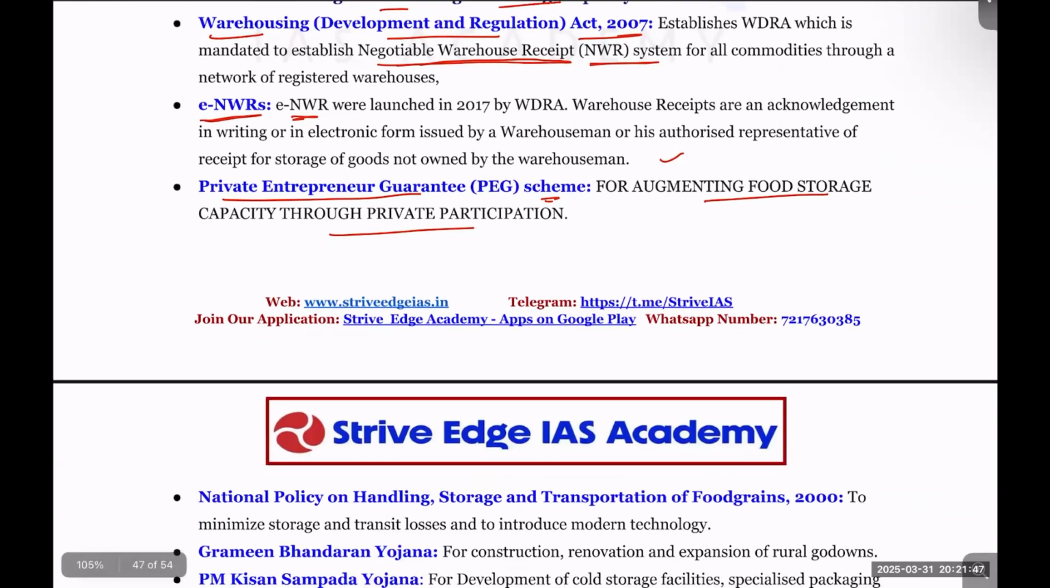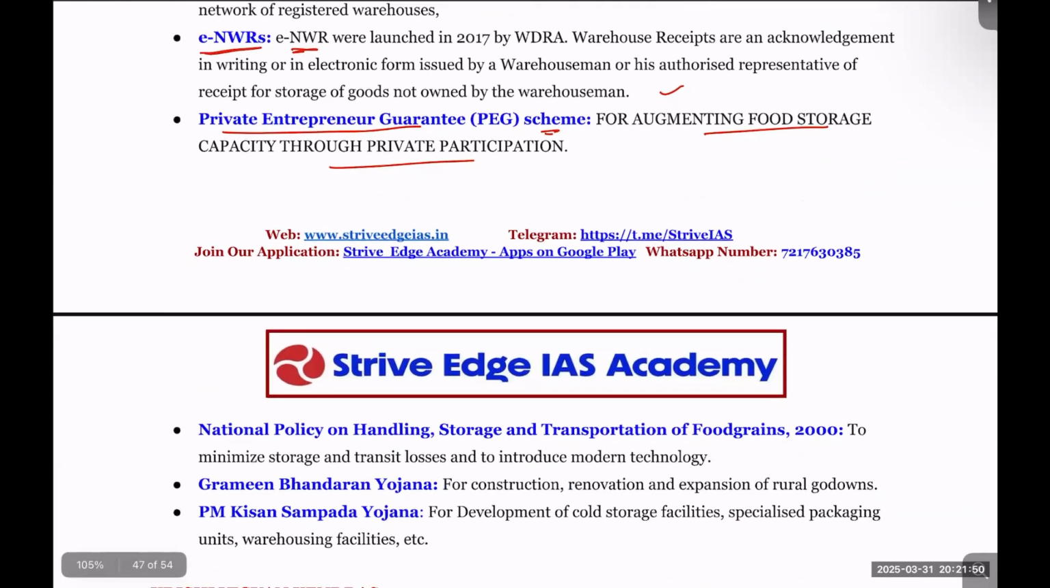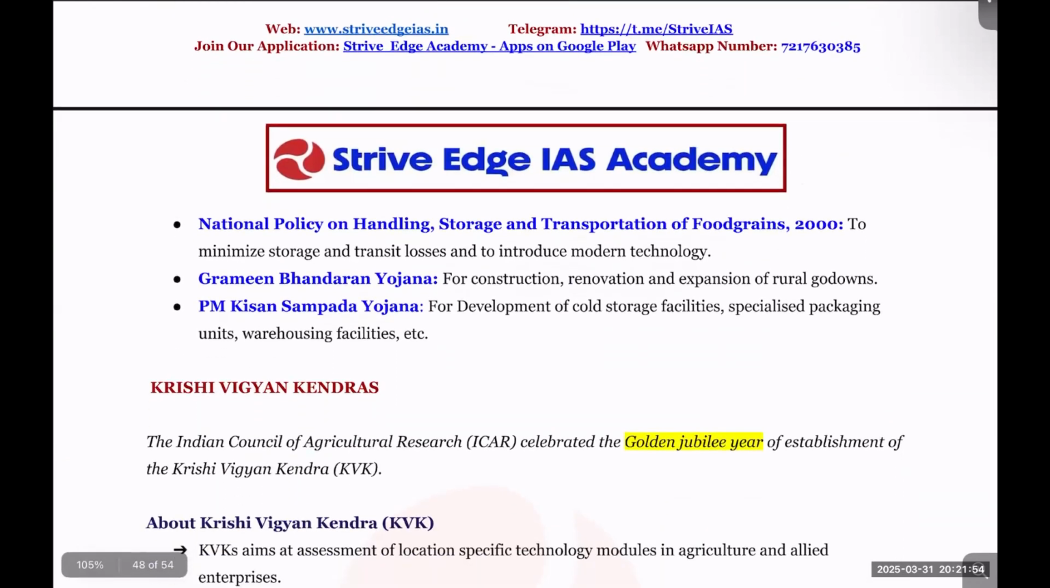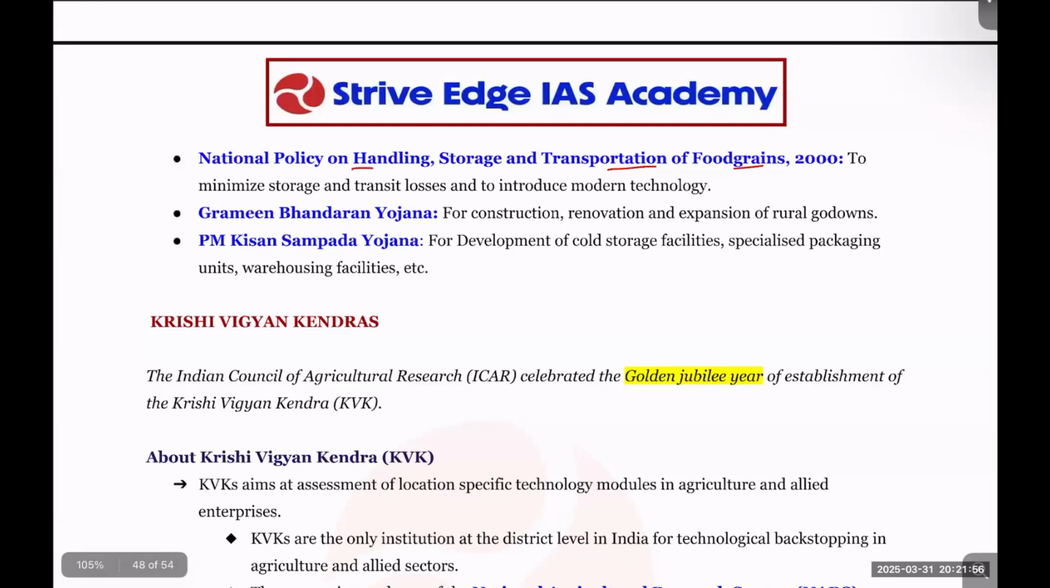So, in order to increase the private participation in the storage infrastructure, the National Policy on Handling, Storage, and Transportation of Food Grains was launched in 2000 to minimize storage and transit loss by introduction of technology. Gramin Bhandaran Yojana has been launched for construction, renovation and expansion of rural godowns. PM Kisan Sampada Yojana has also been launched in order to increase the cold storage infrastructure, packaging units and